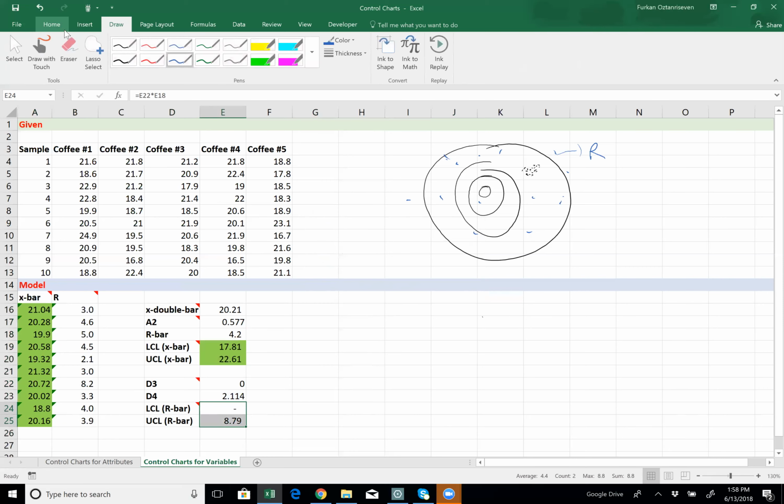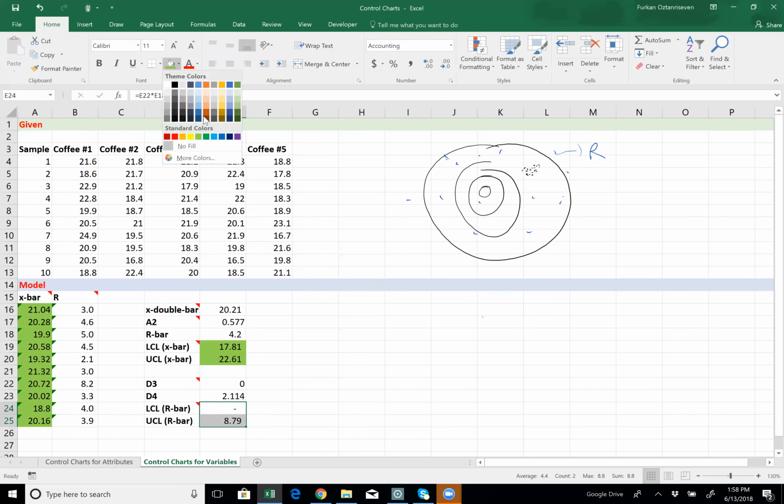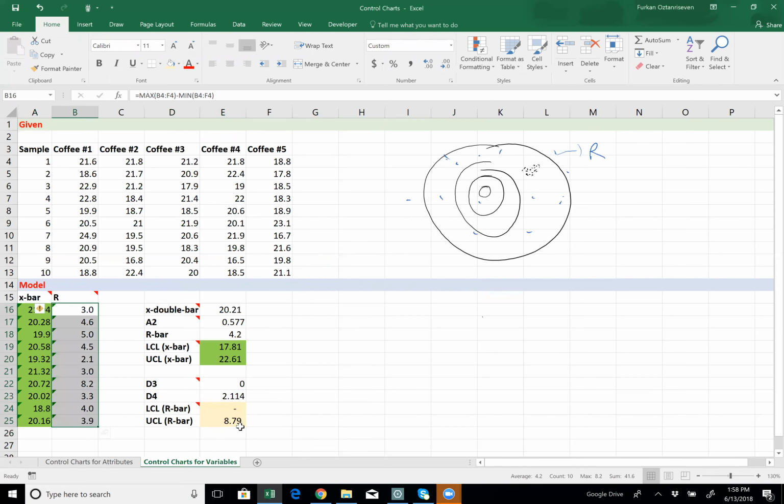Let's check whether our process is in control in terms of these two values, D3 and D4, the lower and upper control limits. My ranges, none of them is less than 0, that's good, and none of them is greater than 8.79, that's good. So my conclusion here is this process is in control